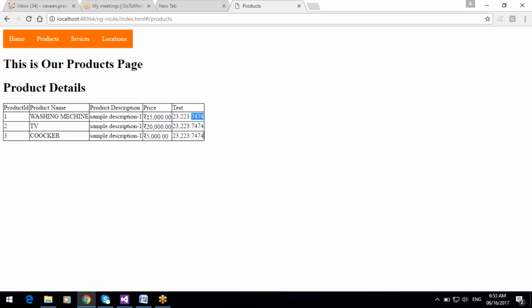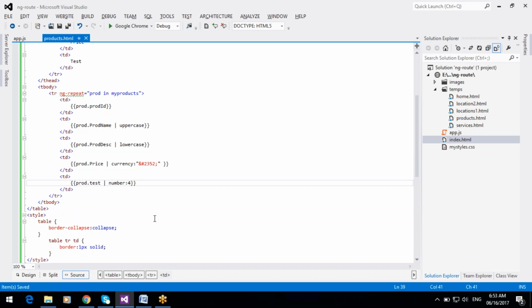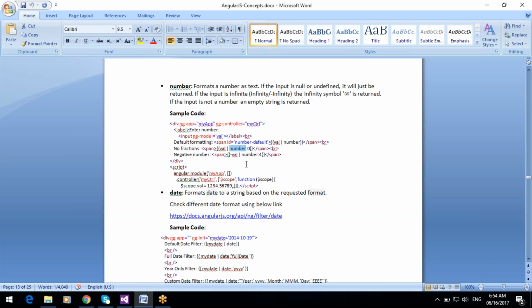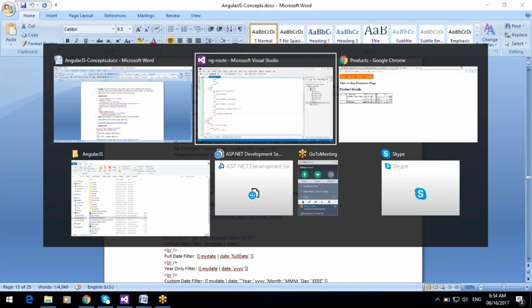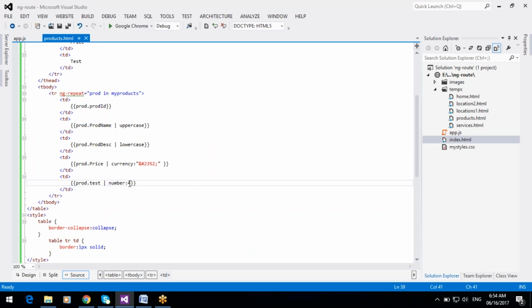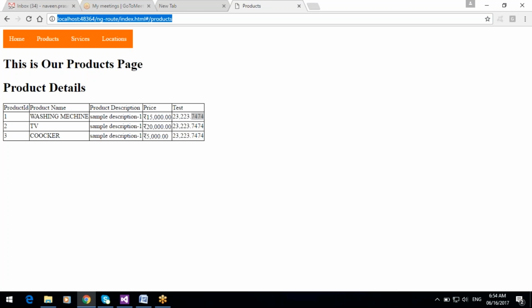And if you don't want to display values after the dot, use 0. So only the number is displayed in the amount.